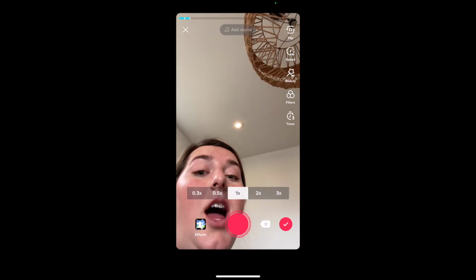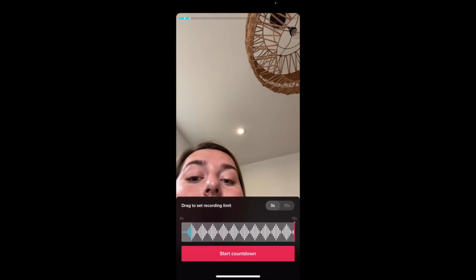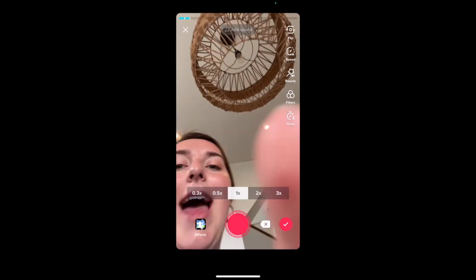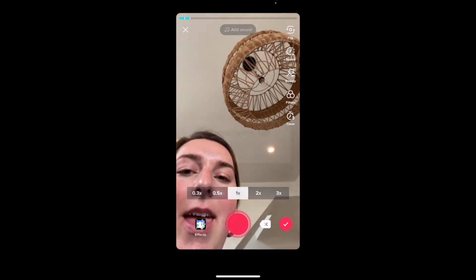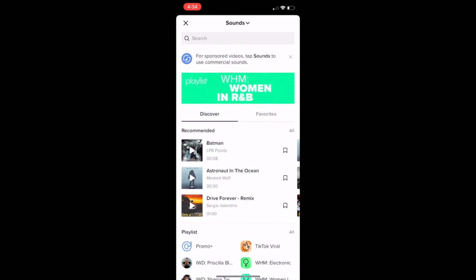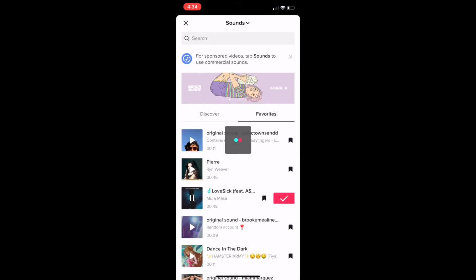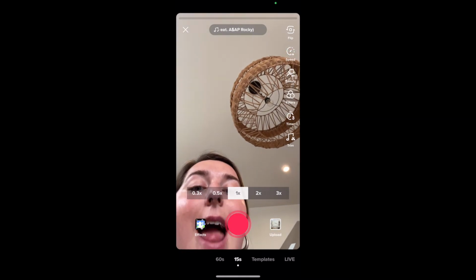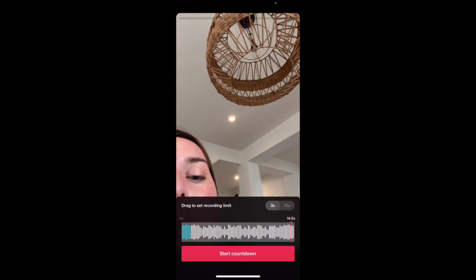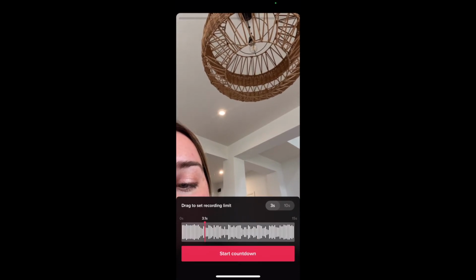The thing that's clutch in TikTok's app is this timer feature. So let's say I chose a sound. So I'm going to go add sound from here. I think actually I need to discard these clips. Yep, because then I can add a sound. They just don't want you adding something afterwards because then like when does the sound start? So I'm going to go over to my favorites again and I want to add this. Check, perfect. Now I am going to go timer and I want to drag this dragger to